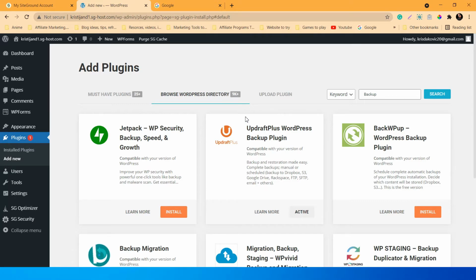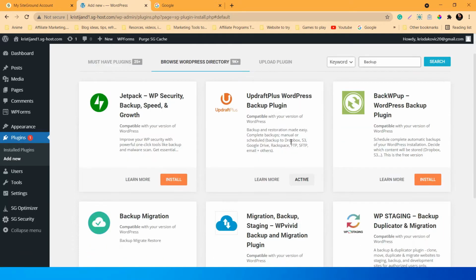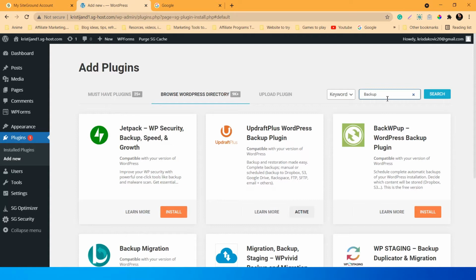You can back it up on your computer or on USB and have it safe somewhere, where if something happens you can just upload it back, and you can have your website ready to go just like that. So I'm just going to activate it right now. Okay, it's active, and before we go I'm just going to show you a few more essential